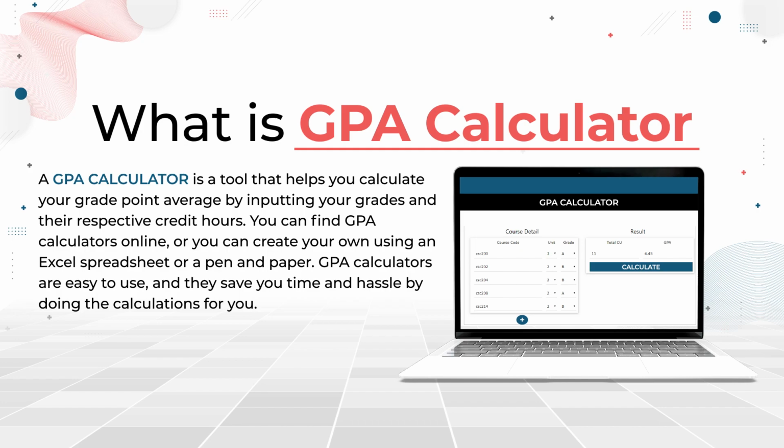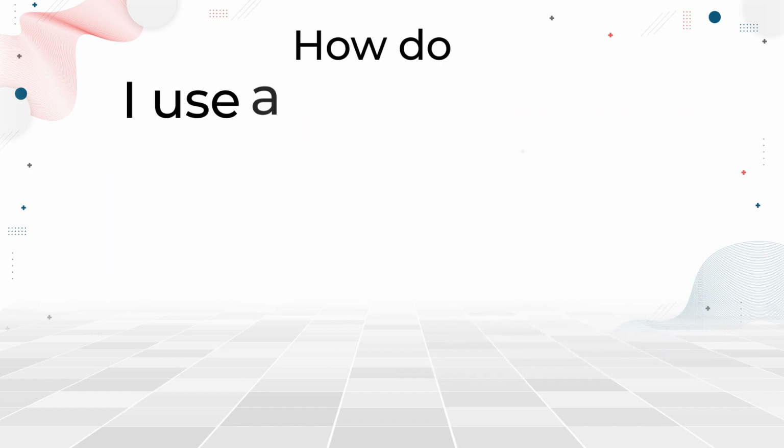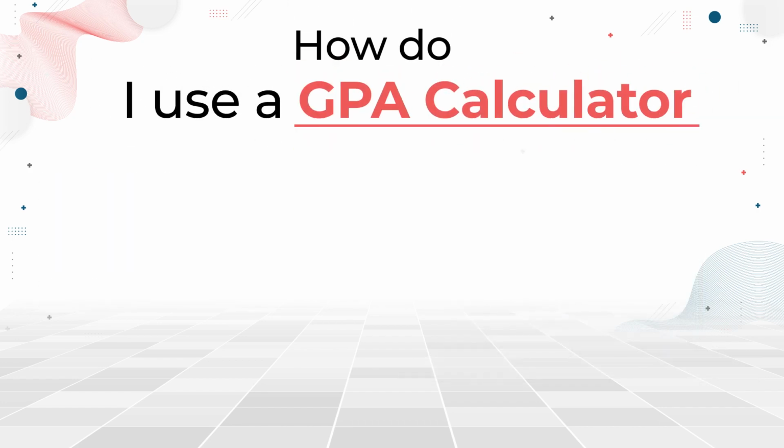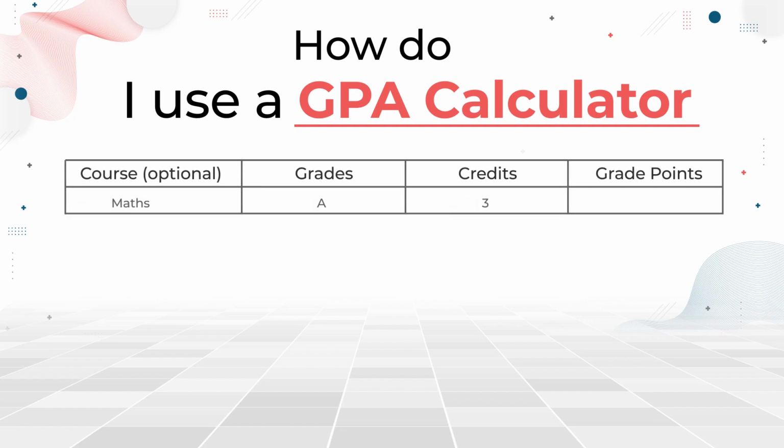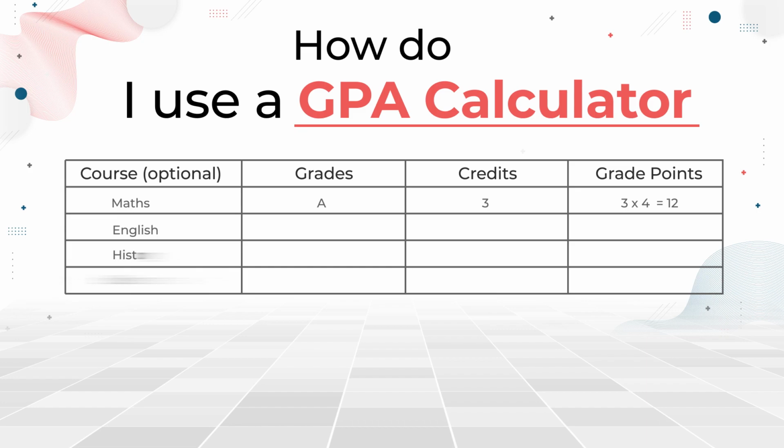calculations for you. Using a GPA calculator is simple. All you need to do is enter your grades and their corresponding credit hours. For example, if you received an A in a 3-credit course, you would enter a grade of A and 3 for the credit hours. Repeat this process for each course, and the GPA calculator will provide you with your grade